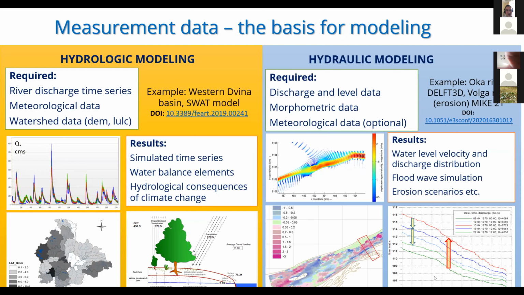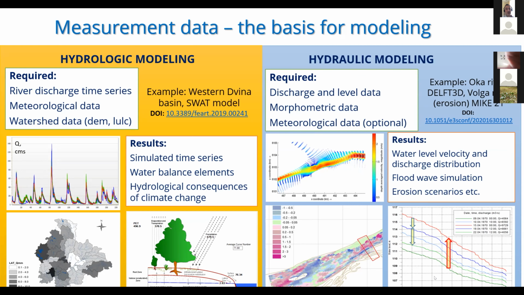Some elements of water balance, and to investigate hydrological consequences of the climate change. Hydrological models are the most widespread instrument to assess climatic impact in the future on hydrological cycle.